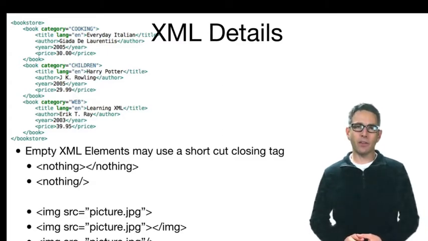In XML, there is a shortcut that can be used to open and close a tag in one element. For example, if you have a tag like we have here, a nothing tag, with nothing in between the opening and closing tag, so just the presence of the tag itself is all the data that you need in the document,